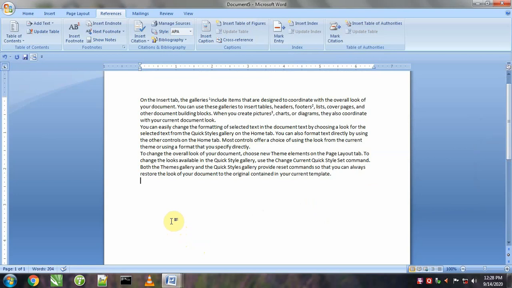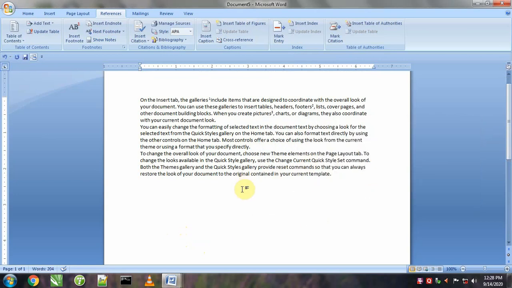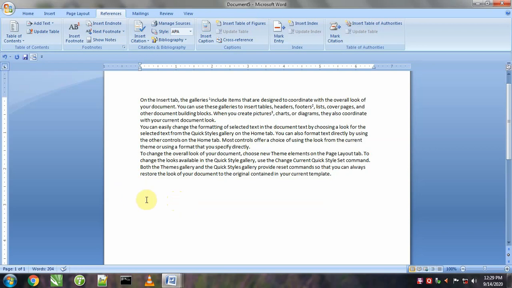And next is endnote. Next option is endnote. So endnote is always shown or put at the end of the document. This document contains this paragraph, so endnote will be put here. For this I will select a word like this, control, and say insert endnote. Sorry, I was saying footnote till then. It is endnote. Endnote will be placed at the end of the document.